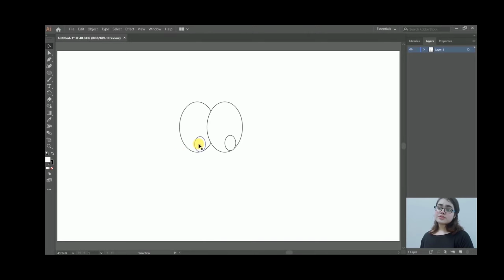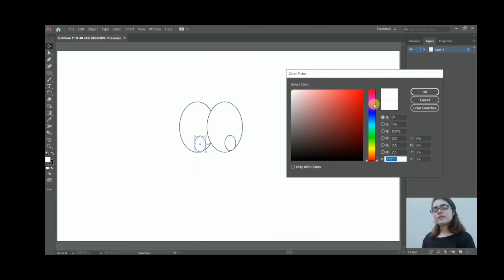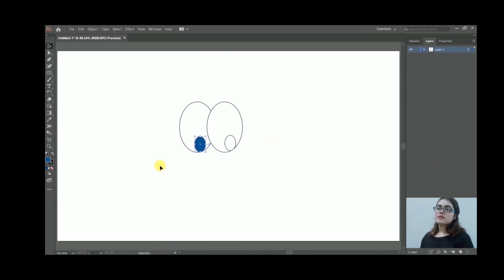So to fill a shape with color, first you need to select it with the Move tool, and then double click on this fill box, and then you can choose any color you want. For example, if I choose this particular shade and press OK, this shape will be filled with that color. Now, if I want this shape to be filled with the same color, I won't be able to do that in the same way. Why? Because once I select this shape, the fill color will automatically change to white because this particular shape is filled